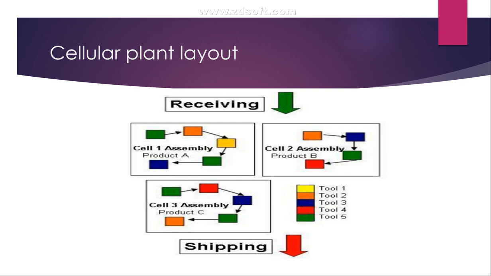So in a simple way, we need to identify the products being produced and recognize the similarities among the different products identified, and they will be created in terms of groups. Those groups are referred to as cells. Depending upon the similarities, the cells would be created in order to produce goods. This is what the cellular plant layout is about.